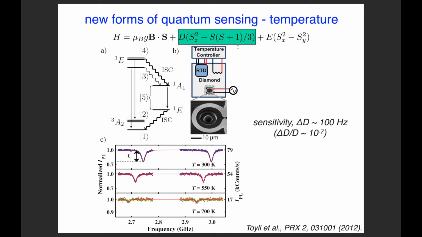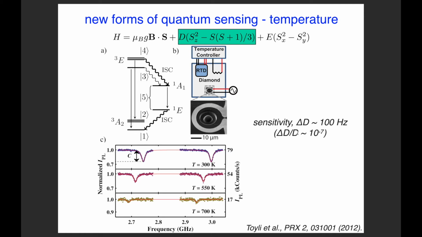So as you bring spins closer or farther apart, you're going to get a different splitting here. And so a measurement of that zero field spin splitting will tell you what the local temperature might be. Current sensitivity for this is on the order of 100 hertz through echo techniques,